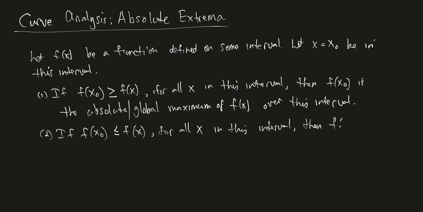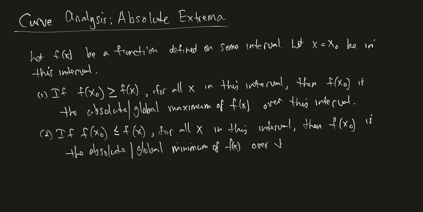Then we say f of x0, so this is the y value now, f of x0 is the absolute or global minimum of f of x over this interval,